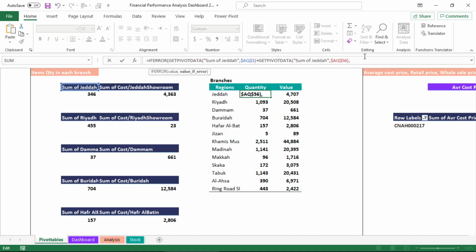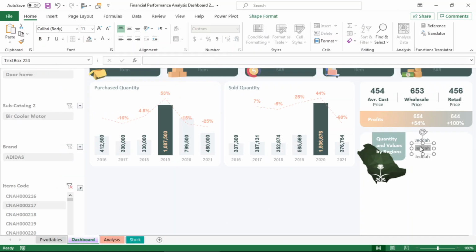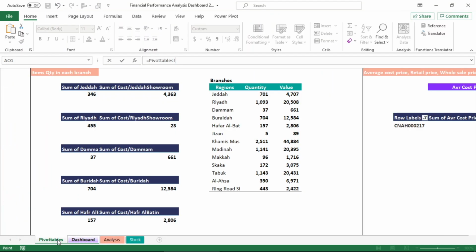Type a comma, then two quotes, close the brackets, then press enter. The two quotation marks mean that in case of error, the cell will be shown empty. And you should add it in all other equations, since mistakes rarely appear when choosing more than one choice of slicers.